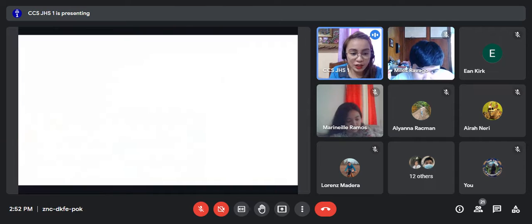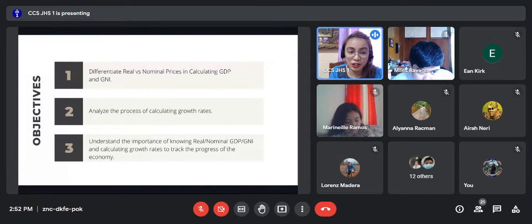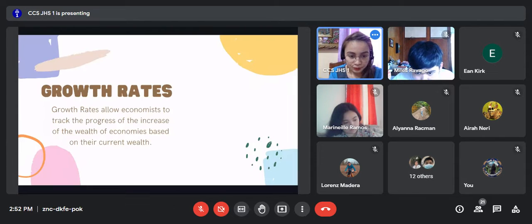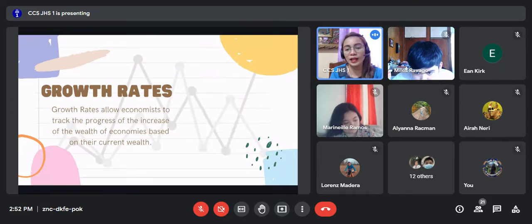Okay, so now we move on to the calculation of growth rates. And then that would be the last part of our discussion. And then we'll just wrap things up before we have our worksheet. So let's continue for a moment because it's so loading here. Okay, so